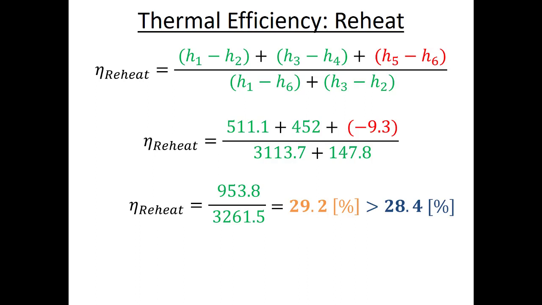So this might look like a small thing, and in a real Rankine cycle, if you go to a nuclear power plant, they're doing lots of things. They're going to be running multiple reheats. They're going to do regeneration, which we're going to learn about next, and all of these things work to improve efficiency. And if you could go into a power plant and improve the efficiency by 1%, you would certainly be earning your first world salary.